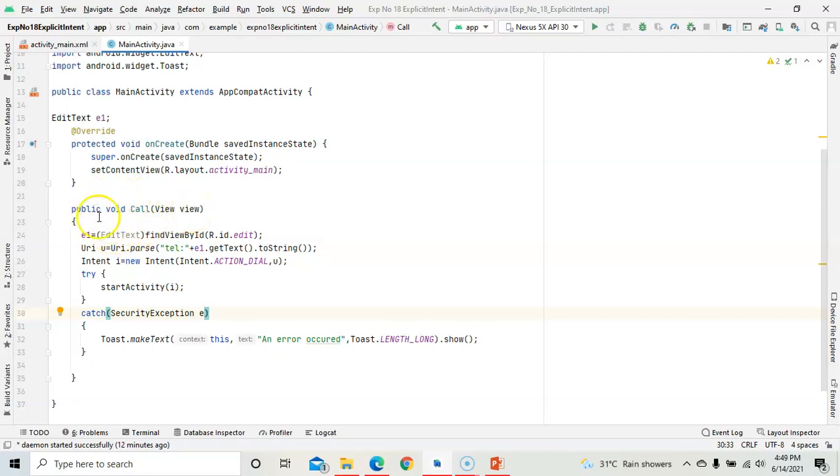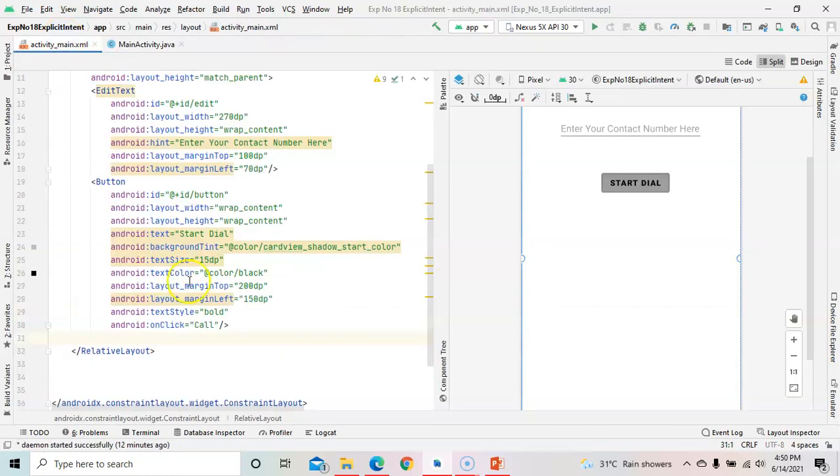So this code will be run when the button is pressed. Here I have assigned the ID to the edit text object. The edit text object is E1, and the edit text ID is edit. So this is the ID of the edit text, that is edit.